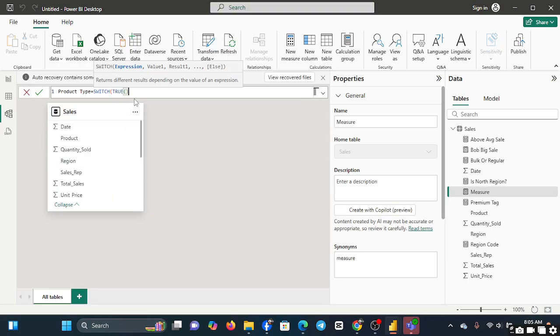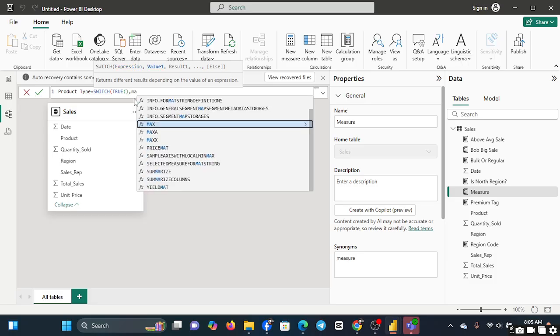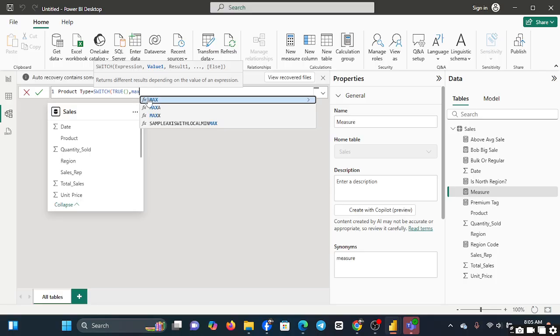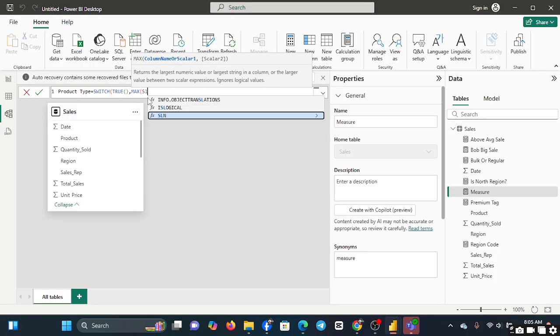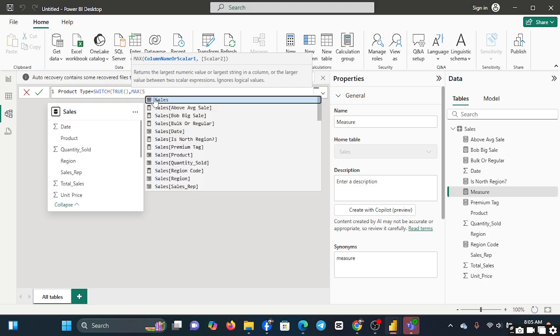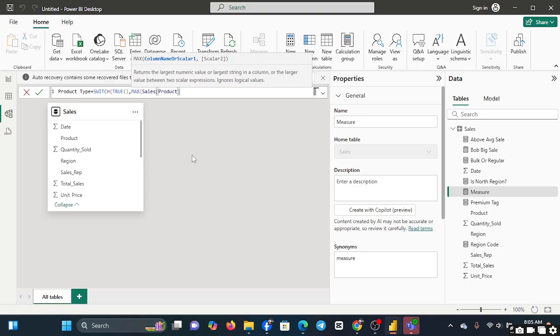Inside you put the comma, then we are going to have max, the maximum, because you are looking for the sales order of the accessories, which are going to be product. So the product is equal to, then you assign it, which is laptop